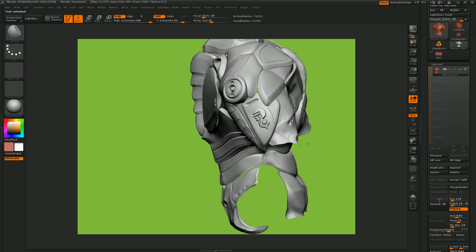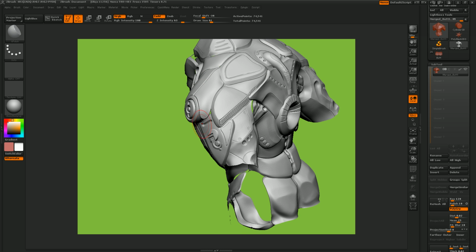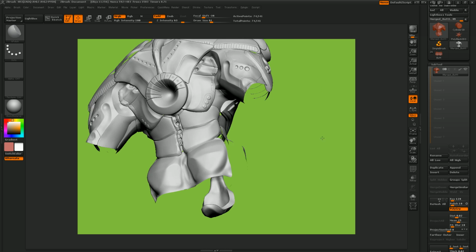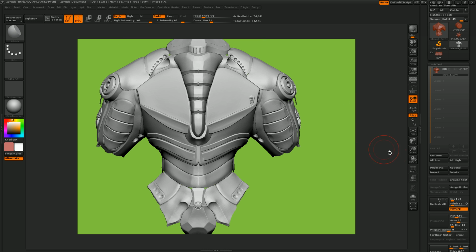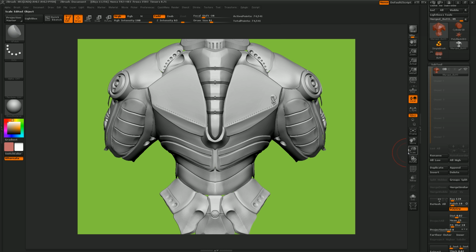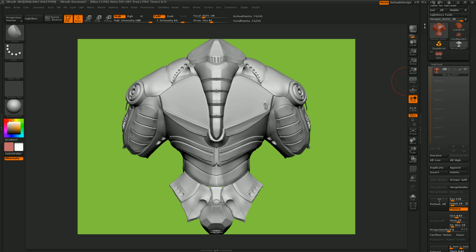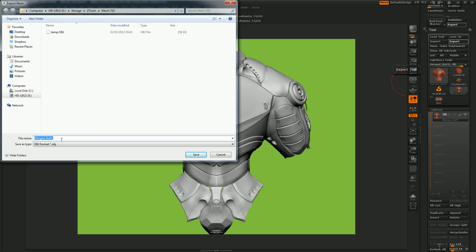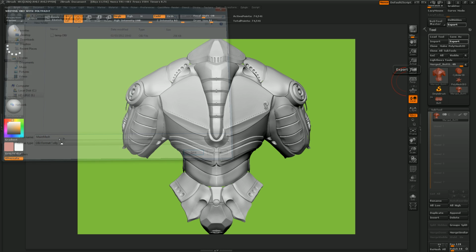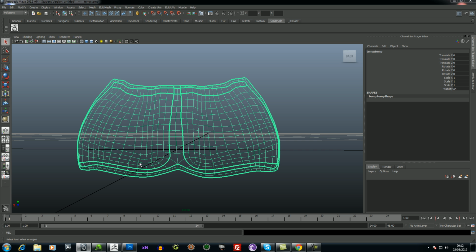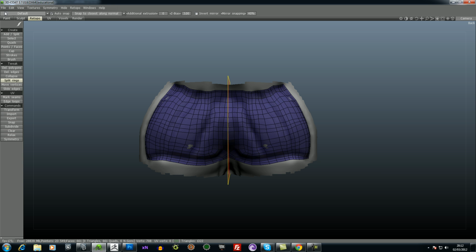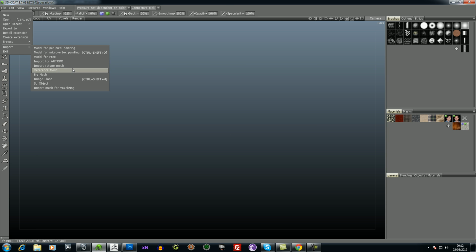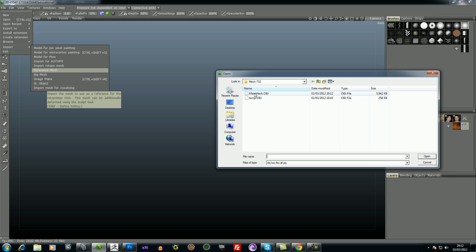Right, okay, so now it's not completely watertight, and it's going to give me some crazy problems here when I retopologize all of this and project all of this onto a retopology, but it's the same process really. I take this into 3D Coat, which I'll show you. So if I export, and I'll call this main mesh, come into 3D Coat, file new, no, continue, import reference mesh, main mesh,